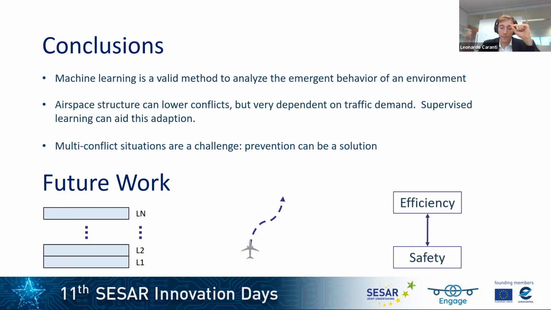Finally, the goal of the neural networks in this experiment was only to minimize, sorry, to minimize the number of conflicts. As such, more complex goals could be defined to, for example, also attempt to improve efficiency in parallel. Well, thank you very much.